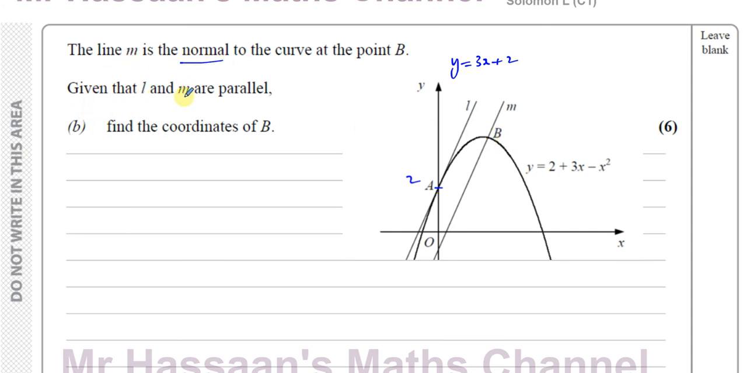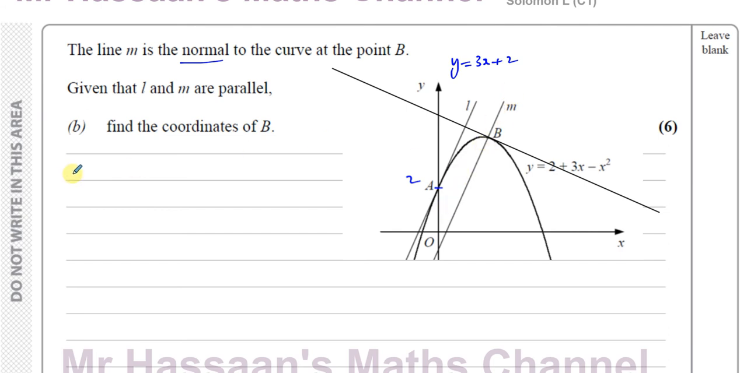Given that L and M are parallel, find the coordinates of B. Okay, so we know that the gradient of the lines M and L are the same. So it's a normal to the curve at B. Now a normal to the curve is perpendicular to the tangent to the curve. So at the point B, the gradient of the curve will be the negative reciprocal of the gradient of the